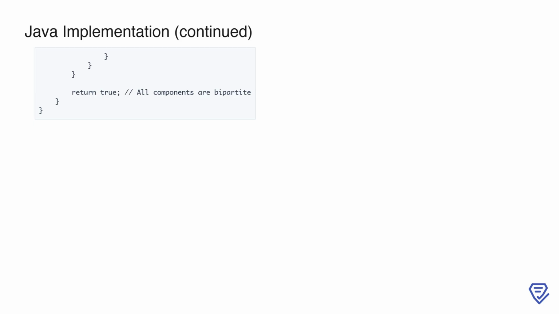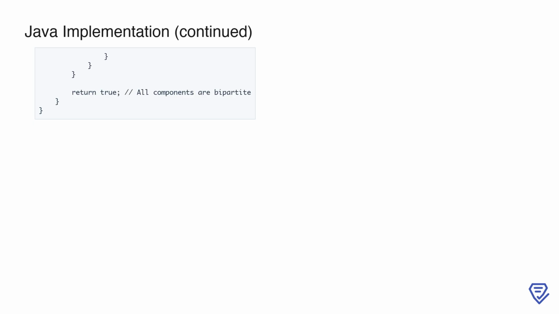The BFS process continues until the queue is empty, ensuring that all connected nodes in the current component are checked. If we successfully color the entire component without conflicts, the loop moves to the next uncolored node, if any exist. Once all components of the graph have been processed, and no conflicts in coloring were found, we return true, indicating that the graph is bipartite. This implementation ensures that every connected component is validated, and the use of BFS guarantees efficient traversal while systematically checking